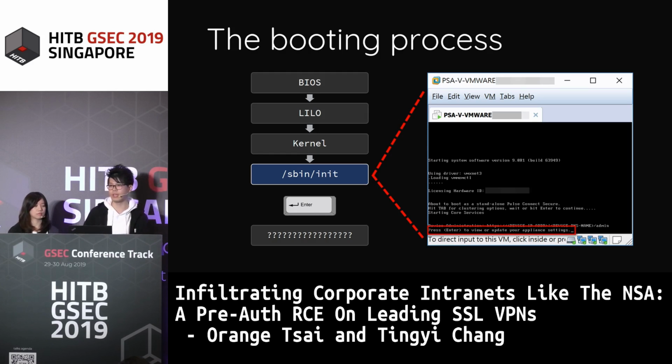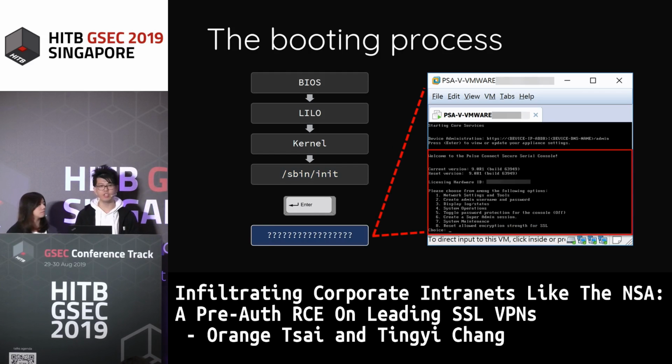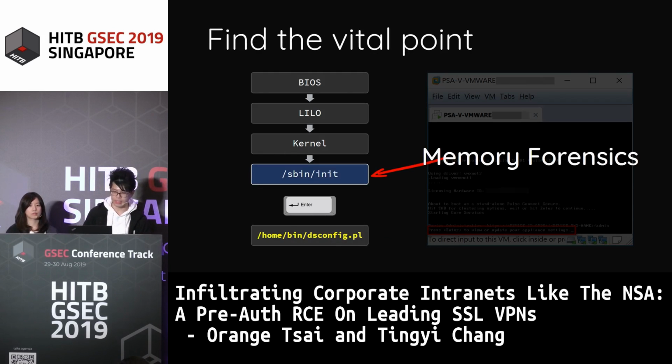And once you press Enter, the initial process spawns another process to allow you to modify and view the settings. Okay, we suspend the virtual machine at this time and scan the entire memory to do the memory forensics on the host OS. From the memory forensics, we observed that the spawned process is a Perl script. The name is